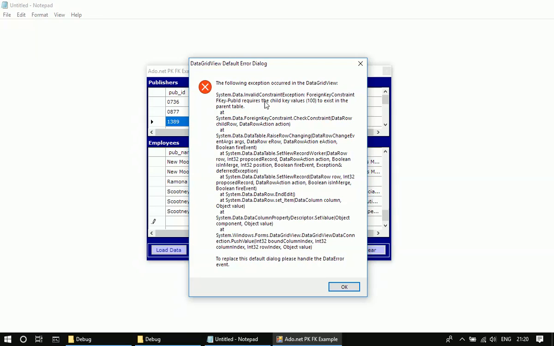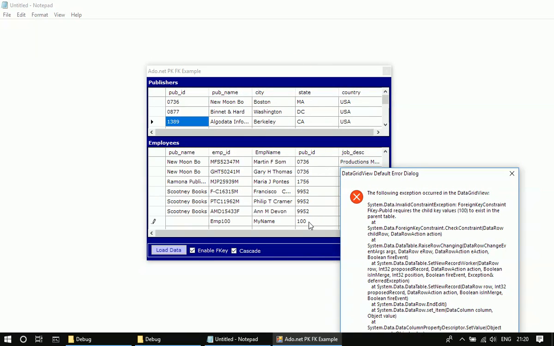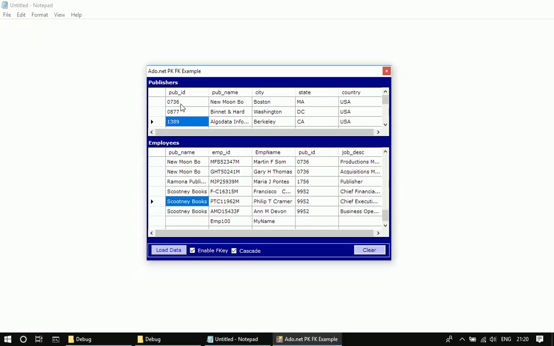So it tells the constraint type as well as the name of the foreign key. It requires child key values, so this child key doesn't exist in the parent table. That's what the message is saying. We are trying to add 100, and that 100 doesn't exist in the parent. Since it doesn't exist, there is an integrity violation, and that's why the exception is thrown. Let me click OK. And if we try to add an existing one, for example 0736,